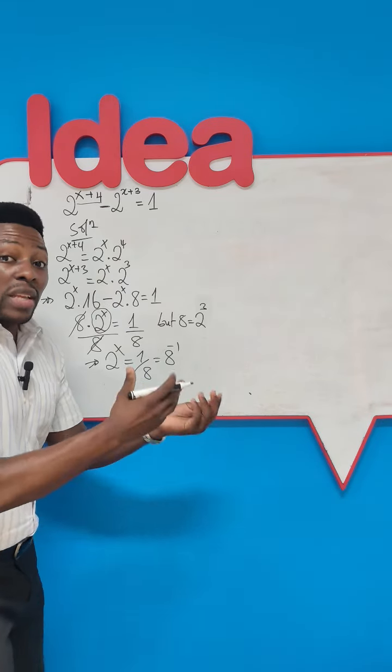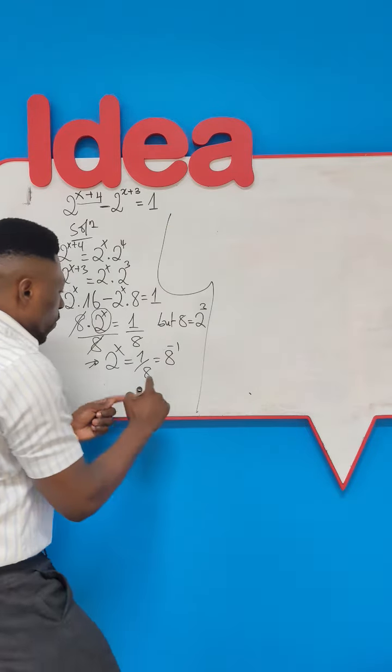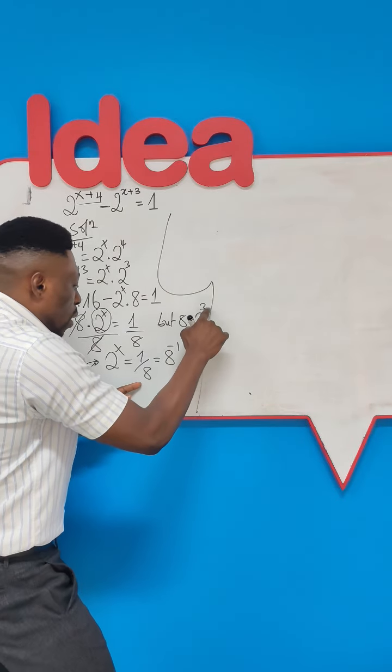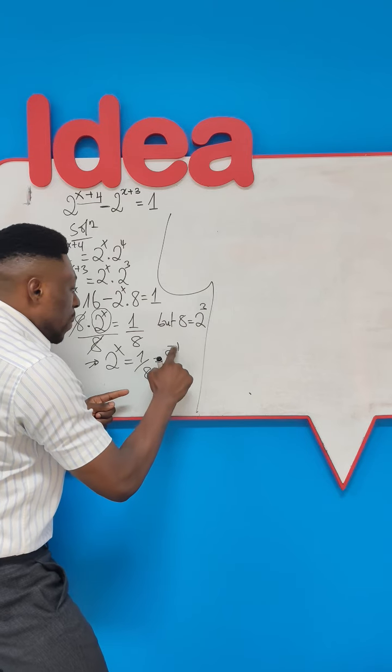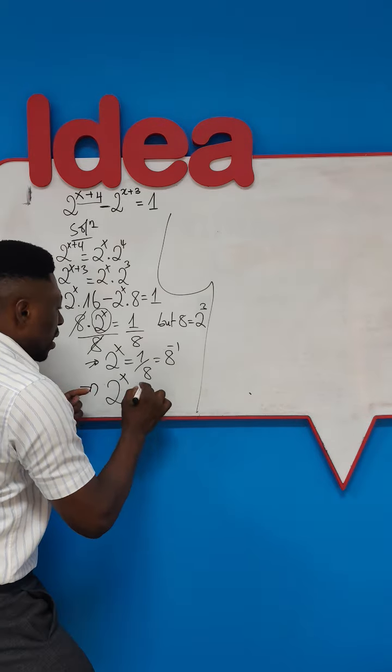Okay, it's all about manipulating the laws of indices. That's why it's good to master them. So if I know that 8 is actually 2 to the power of 3, therefore 8 to the minus 1, this is the left side here, therefore 8 to the